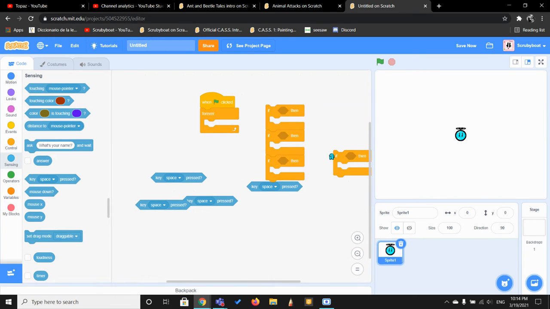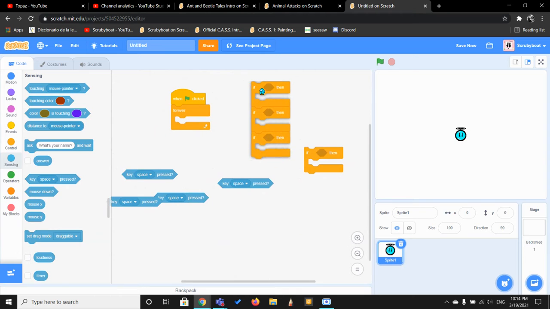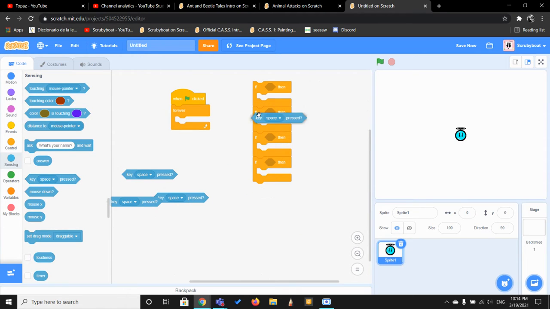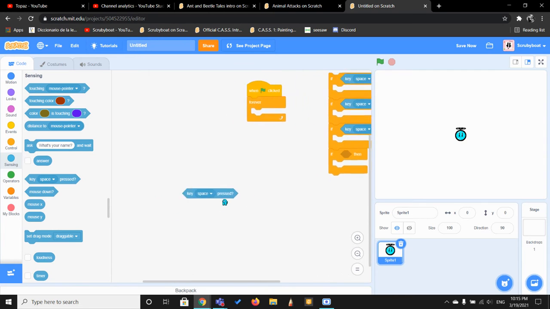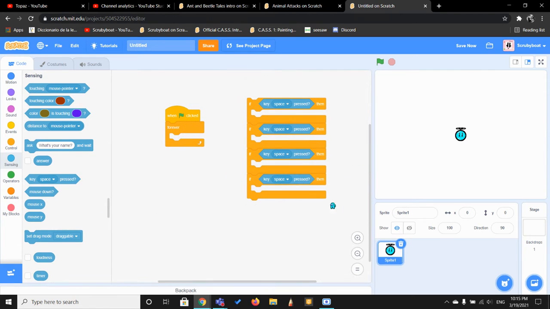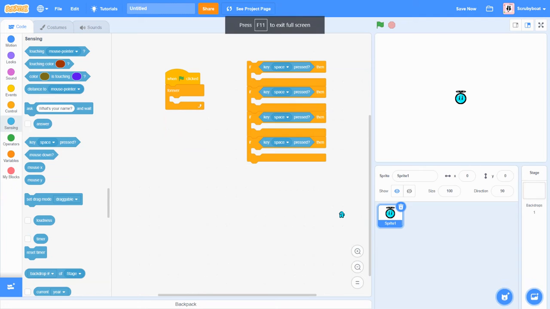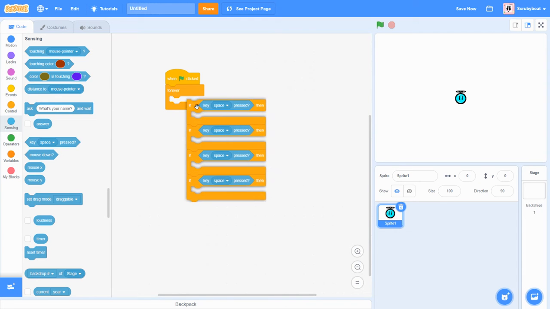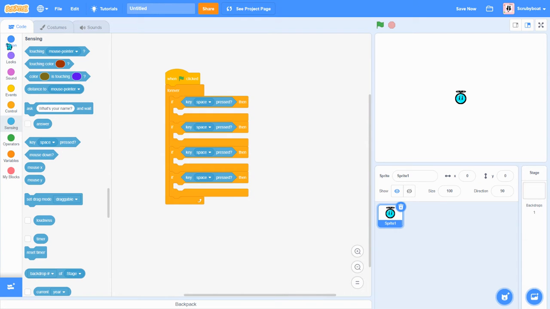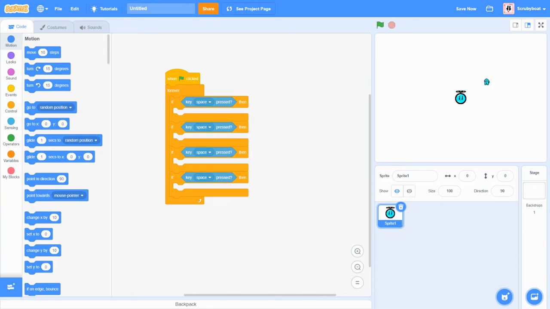So then you do this, so you can put them inside there. Let me try something real quick. Okay, yeah, that's actually way better. So you put this in there, and